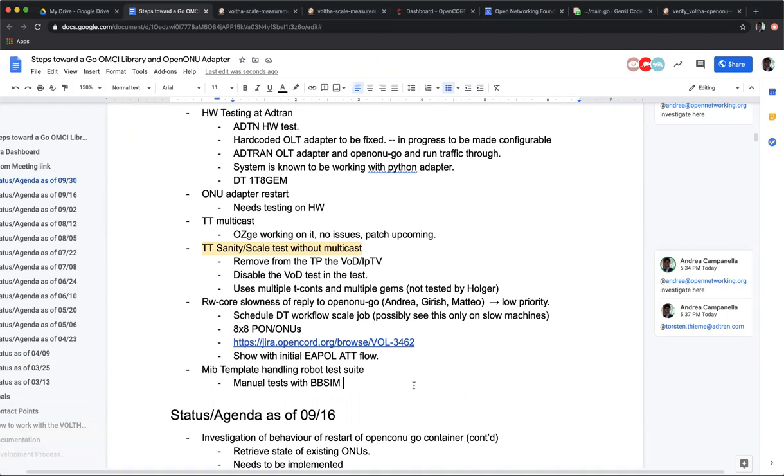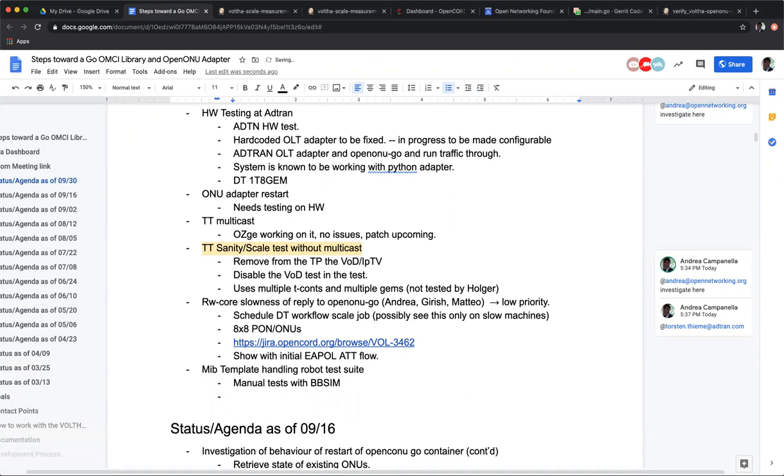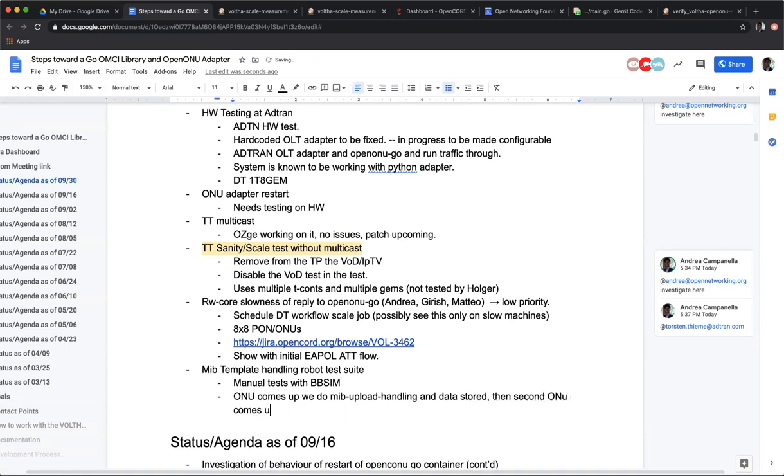The scope of the test is that the first ONU comes up and does all the MIP upload handling, and during this, all the data are stored dynamically in the etcd KV store, and the next ONU of the same type and same software version will reuse the data from the etcd KV store and not do any